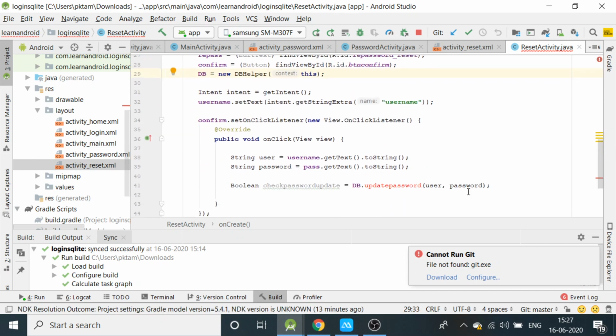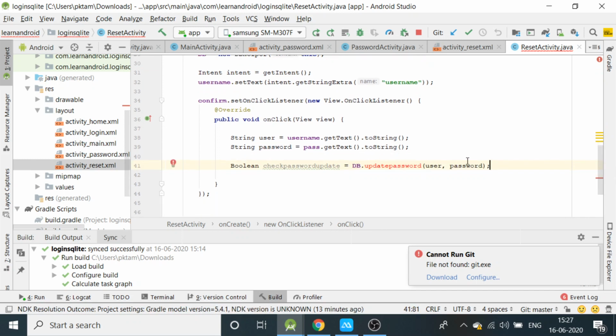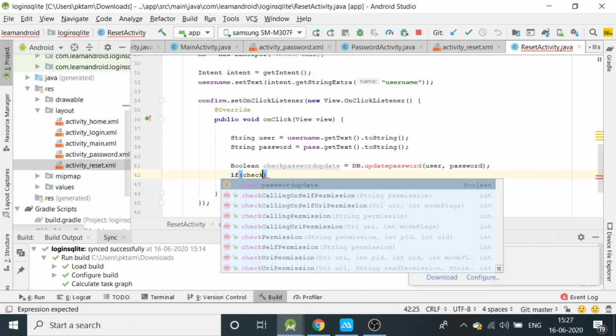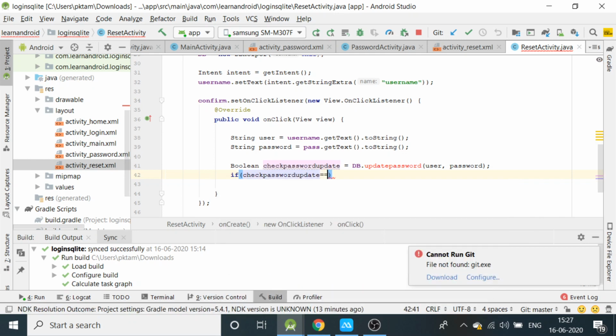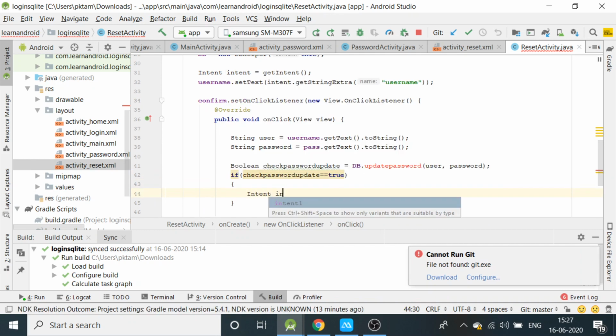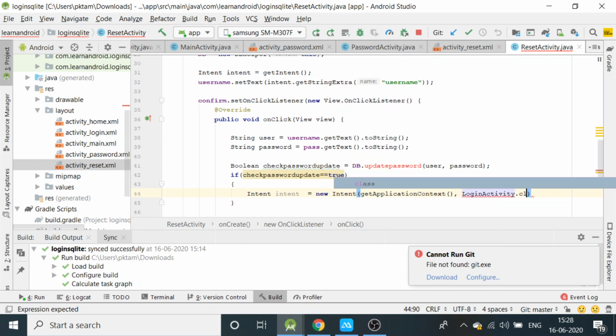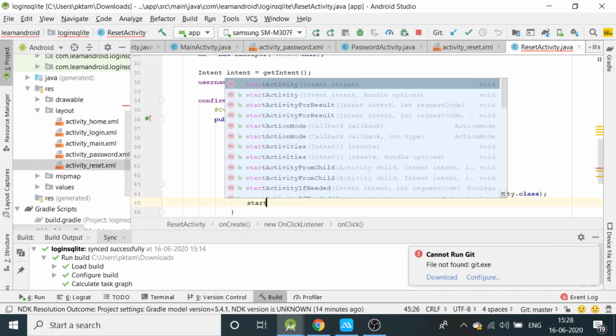Now as you can see, the error of db has gone, but there is an error showing on updatePassword because we have not created that function in our DBHelper. Let us write here: if checkPasswordUpdate equals true. So if the password has been updated, we will send the user to the login activity. Write Intent equal to new Intent(getApplicationContext(), LoginActivity.class), and then startActivity(intent).